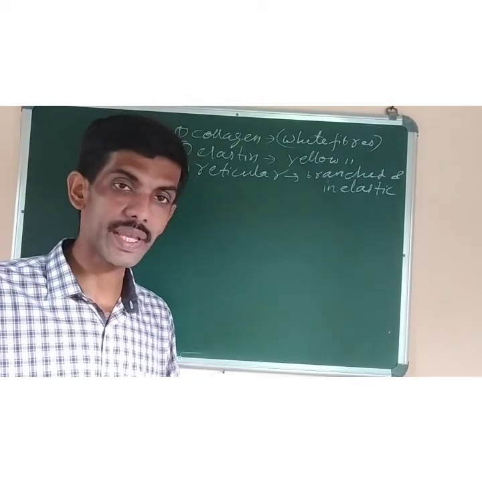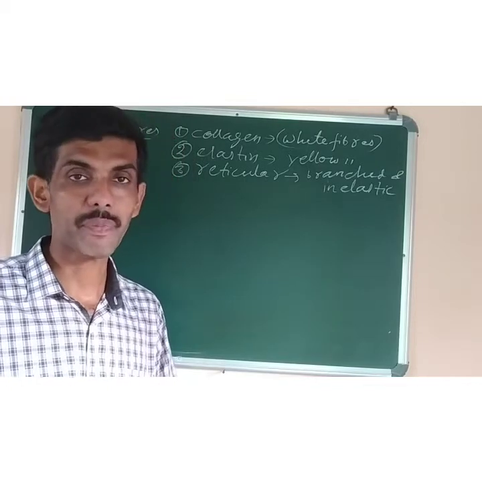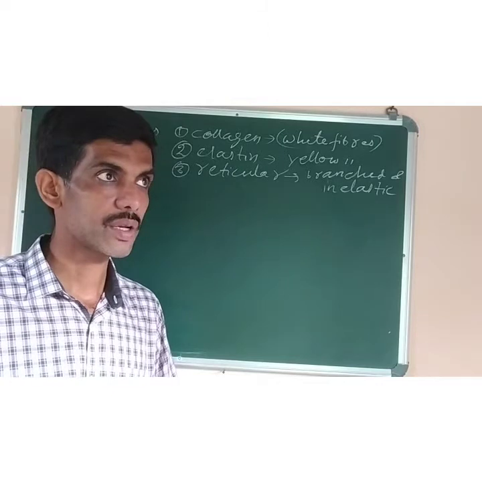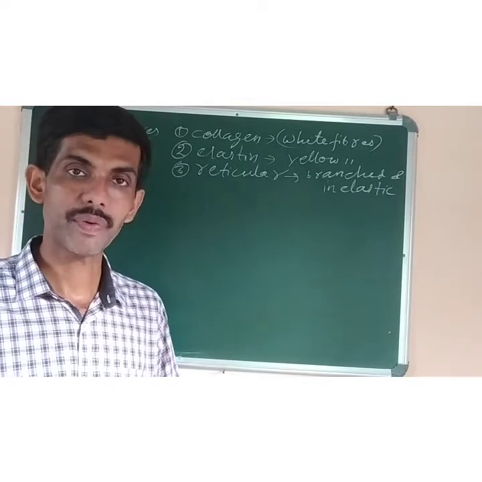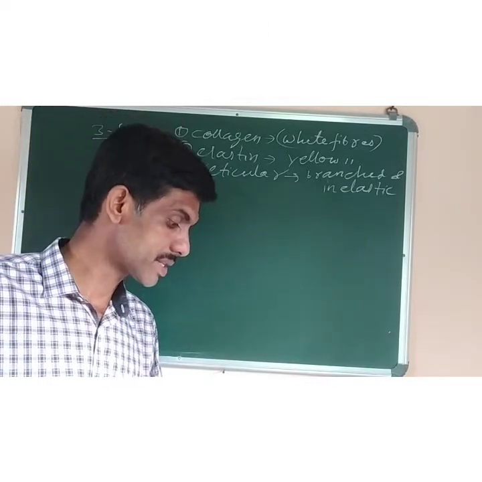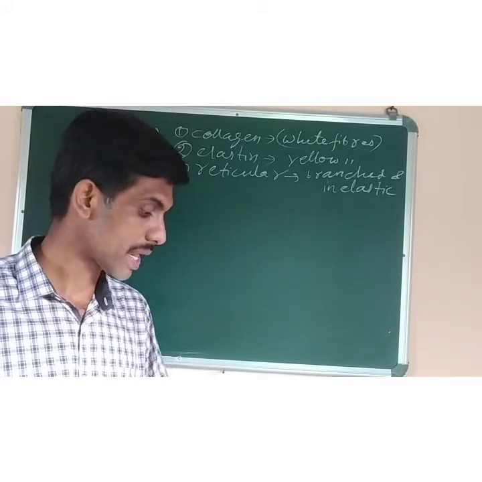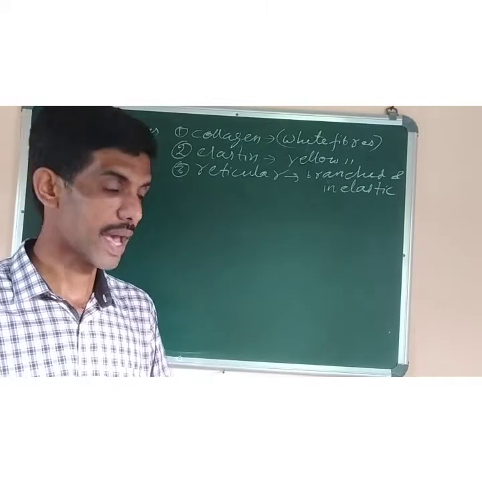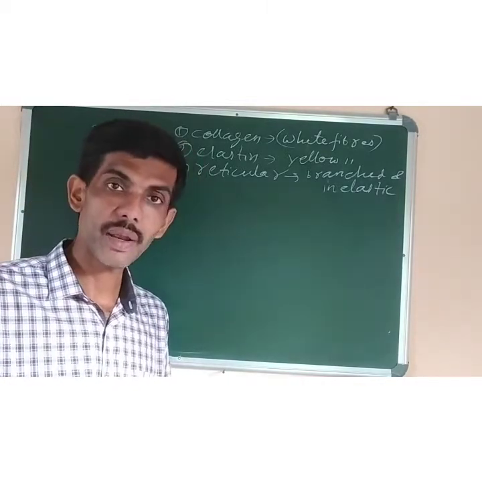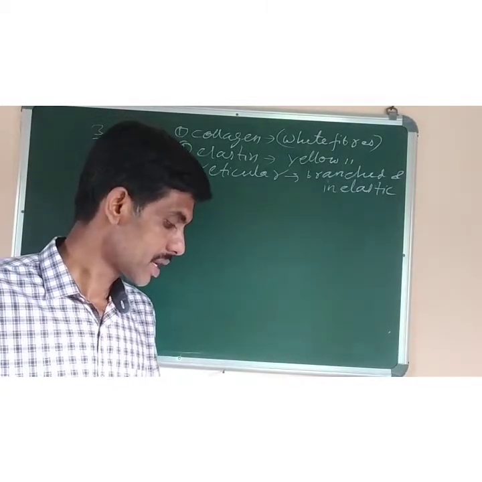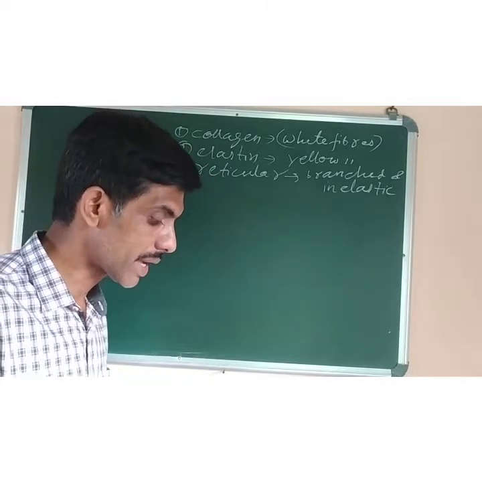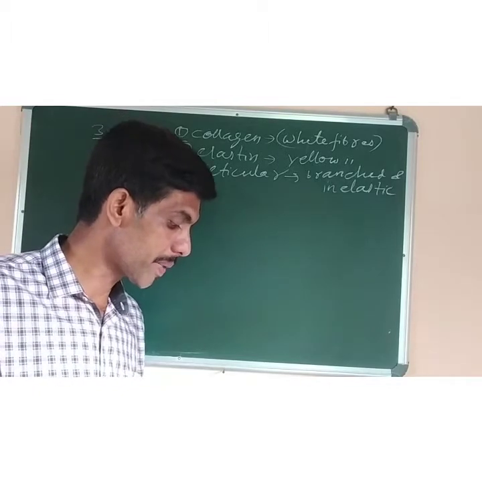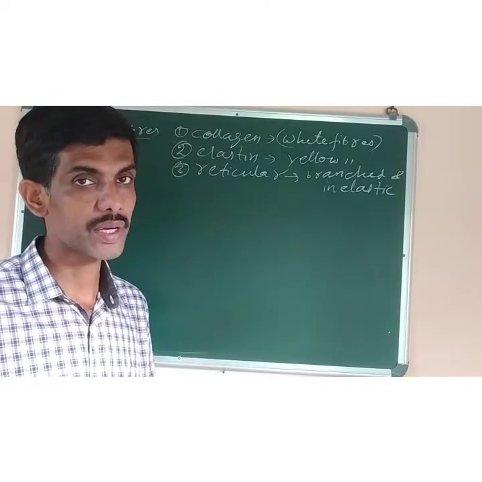Number four is storage and insulation. The bones, which are part of connective tissue, are a storehouse of minerals, and also the site of production of different types of blood cells. Defense. Certain types of connective tissues like macrophages, monocytes, they will eat away the dead cells as well as the bacteria and clean and protect the body from disease. Then packing material, connective tissue like areolar tissue forms a packing material in the body, and repair as well as formation of blood corpuscles.